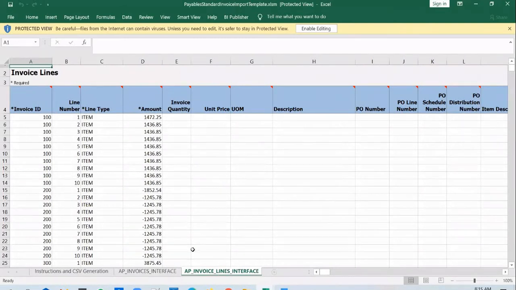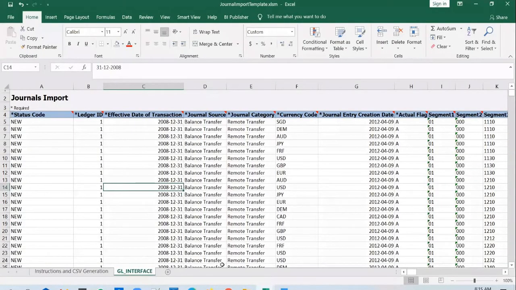So the number of tabs you have in the FPDA sheet will not always be one. It will depend on the number of interface tables you have for that particular entity.